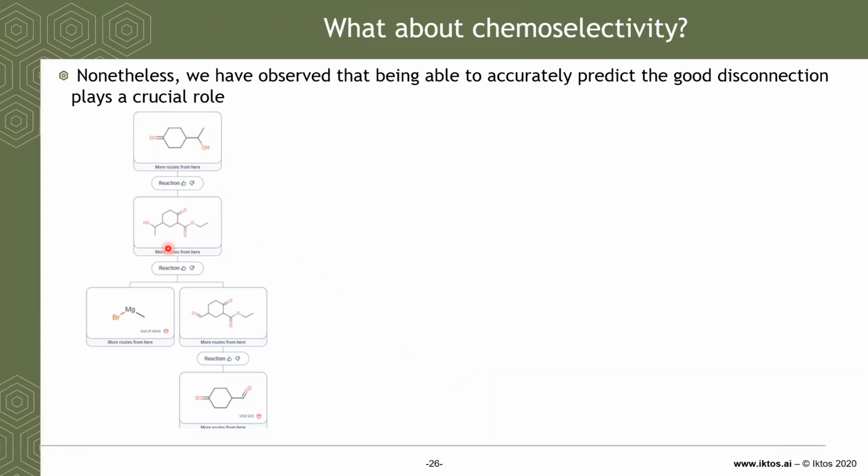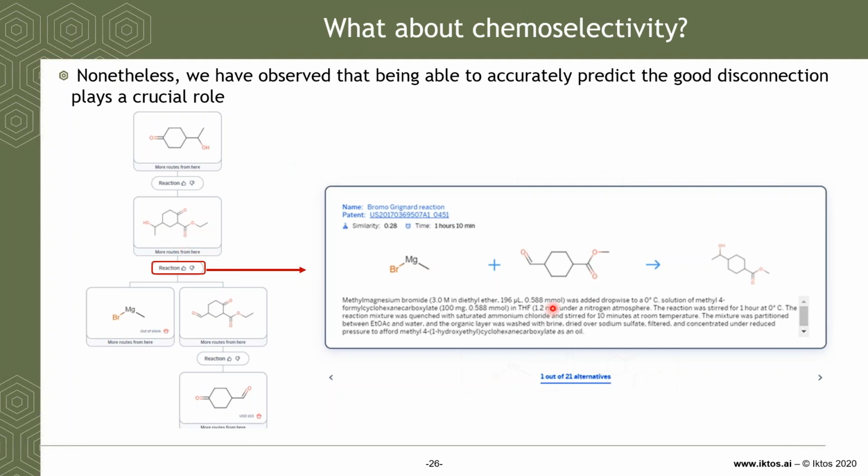Because, for instance, if I want to prepare that compound, we arrive at a step where the algorithm sees this compound and still proposes the condensation of the Grignard on that compound. And we can say, okay, maybe we're going to have an issue of chemoselectivity. We have an aldehyde, a ketone, an ester. But actually, this is not a bad idea, because if you look at the most similar reaction in the initial data set, you have this reaction. And it's actually possible to add a Grignard to that compound without having a chemoselectivity issue. And if you have a look at the protocol, you have one equivalent of Grignard and one equivalent of this aldehyde. So that makes sense. And so the prediction disconnection model is able to understand that